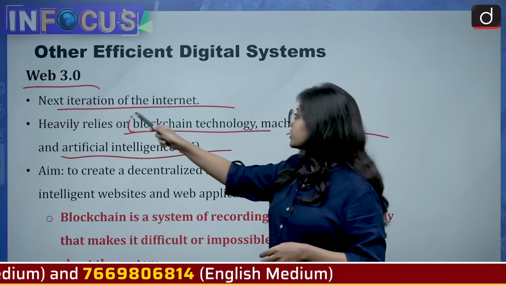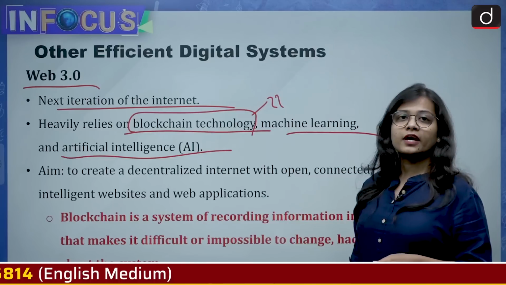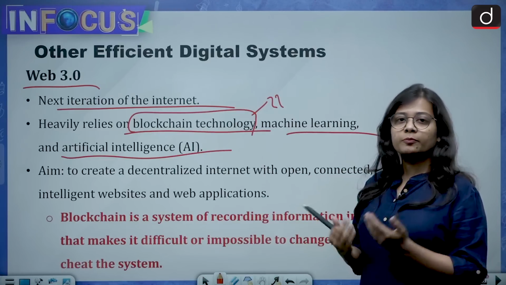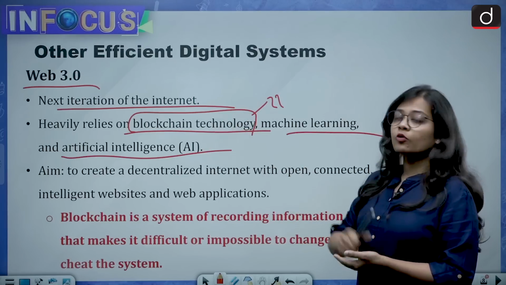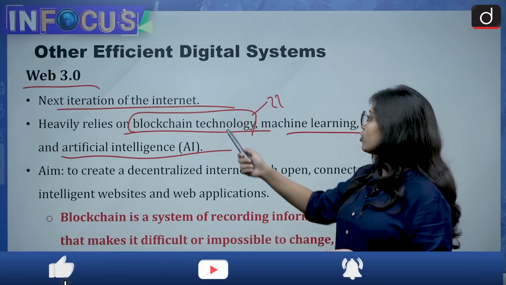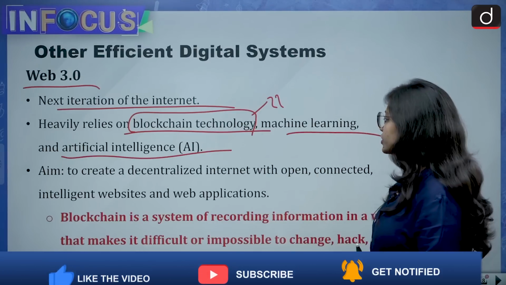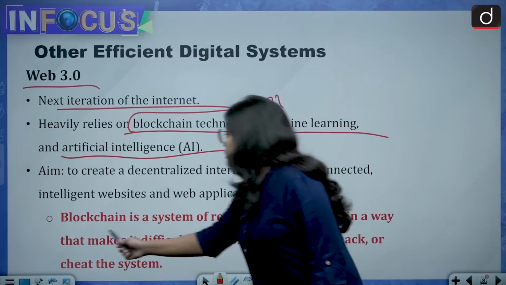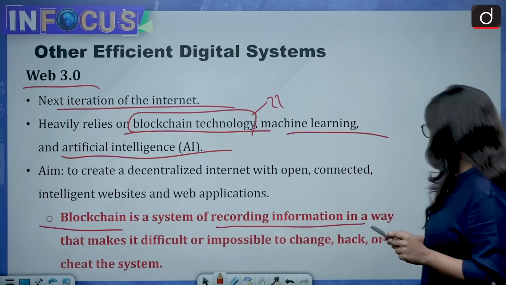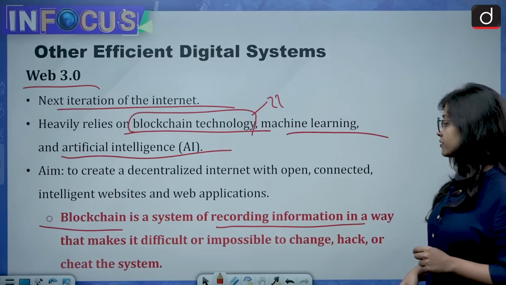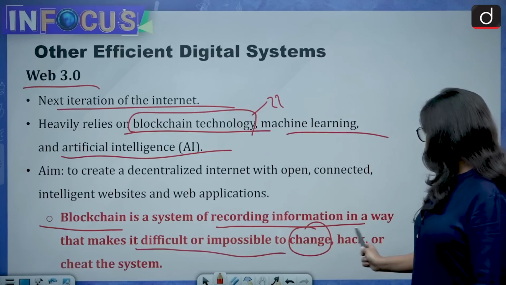Now what is blockchain technology? The word that is regularly coming in the news and making headlines, cryptocurrency, is based on blockchain technology. And Web 3.0 also heavily relies on blockchain technology, machine learning, and artificial intelligence. So what is blockchain technology? See, blockchain is a system of recording information in a way that makes it difficult or impossible to change, hack,